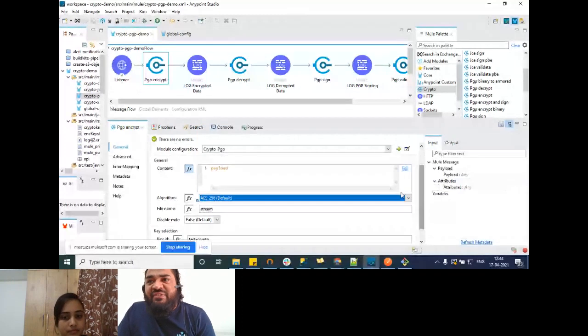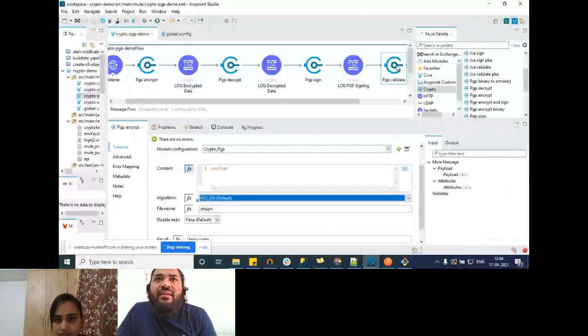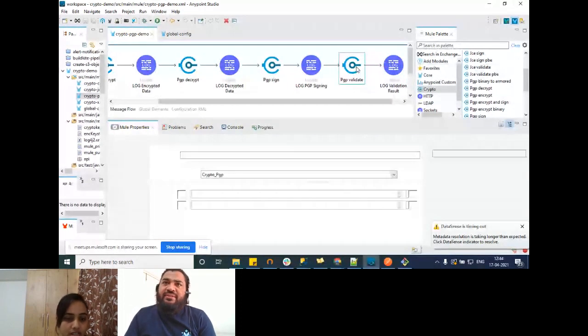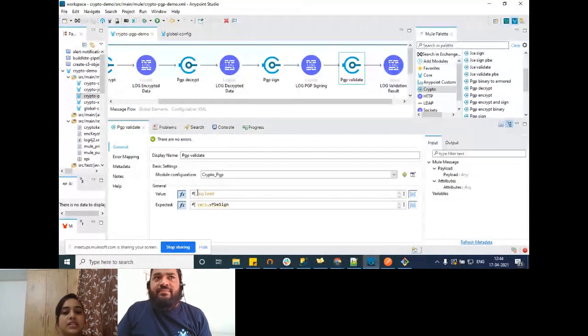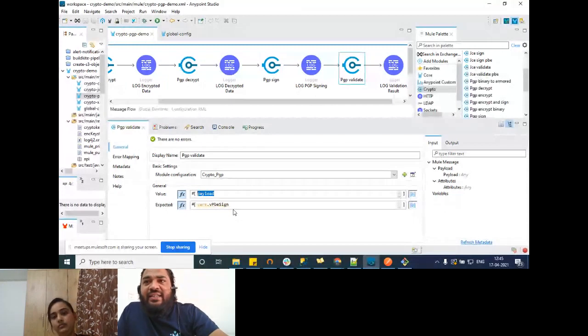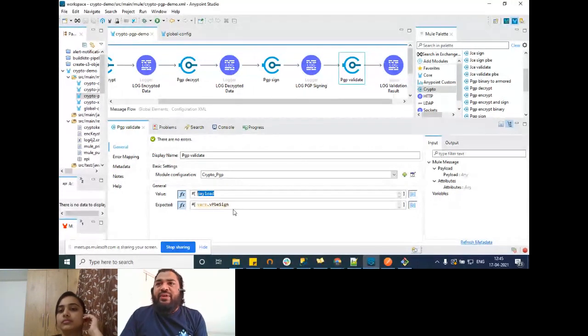There's one question. What are the PGP validation steps? Validation steps, as in the validation operation? Yes. So we just need to pass the payload, the value which needs to be validated, and the expected value for it. I have retrieved it in a target variable. I've saved the signature and I'm passing the same for the expected value. Yes. So it means that once we sign, we are sending the same message as well as a signing value, a digest value. Yes. We can go ahead.